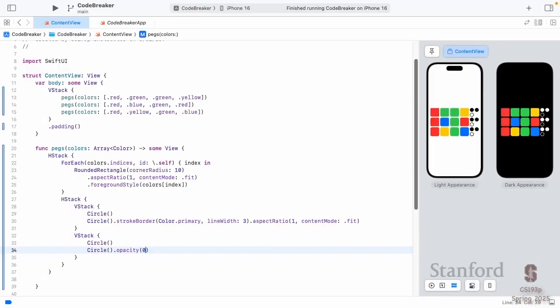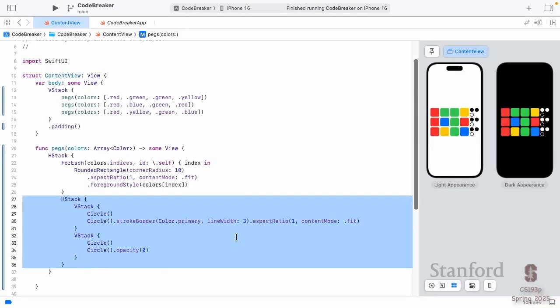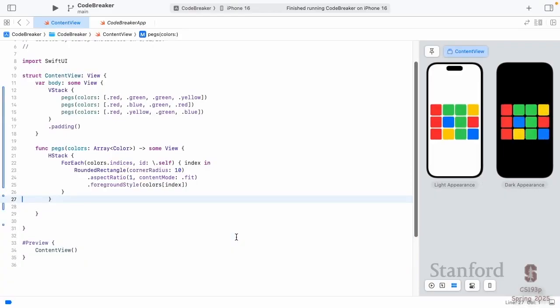And this is a natural point of decomposition right here, to take this thing and put it in its own space. Now, the kind of decomposition we've learned so far is like func pegs right there. Create a function with the return some view. But I'm going to show you a different kind of decomposition, which is to make a new helicopter view. We're going to make a new helicopter view, which is these match markers right here. I'm going to cut this out of here, and I'm going to go down here,